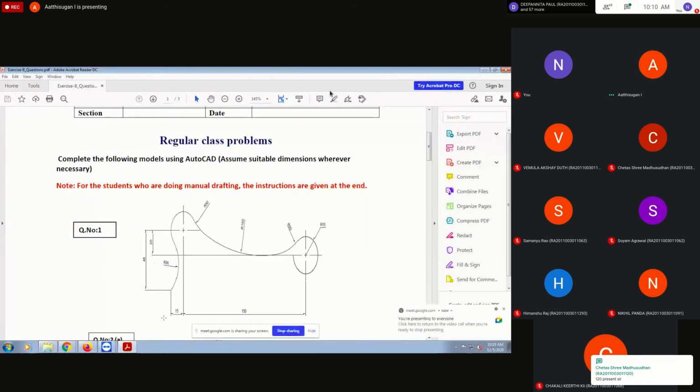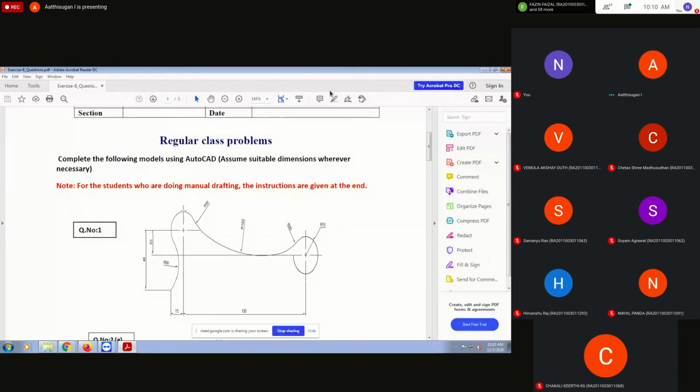Imagine, here they have given 15. So you draw the circle with radius of 15. Next, using tan, I'll first explain, then I'll apply, that will be easy. The next you select that tan radius. Tangent to this circle, which I did with 15 radius, and tangent to this line, draw a circle of 150 mm radius. Similarly for this circle to this line, 50 mm. Next, after drawing the two circles, tangent to those circles you draw the radius of 150. I'll draw that one.